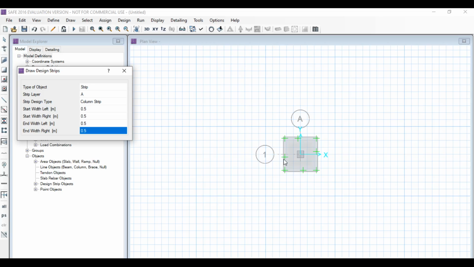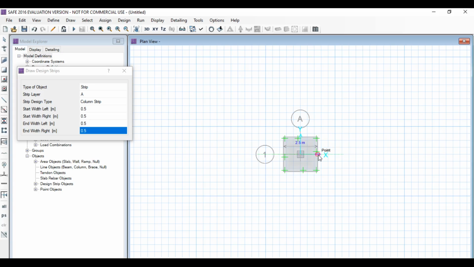Okay, now the cursor has been changed. So select strip layer as A, that is in X direction. So click on the middle of the left edge and the cursor is moved forward in X direction, which touches the center point of the column.